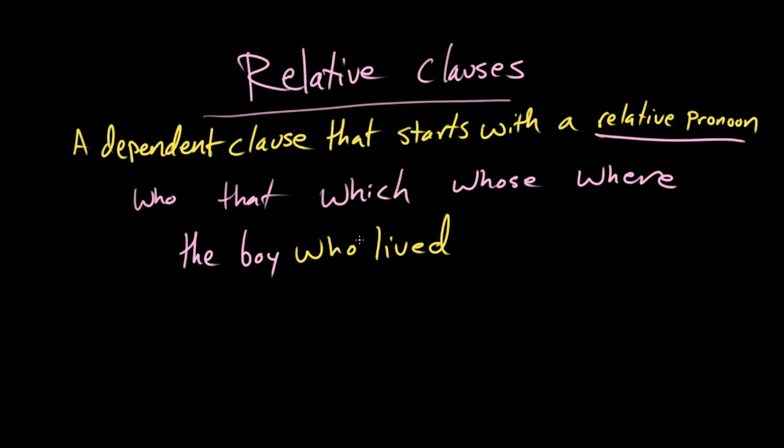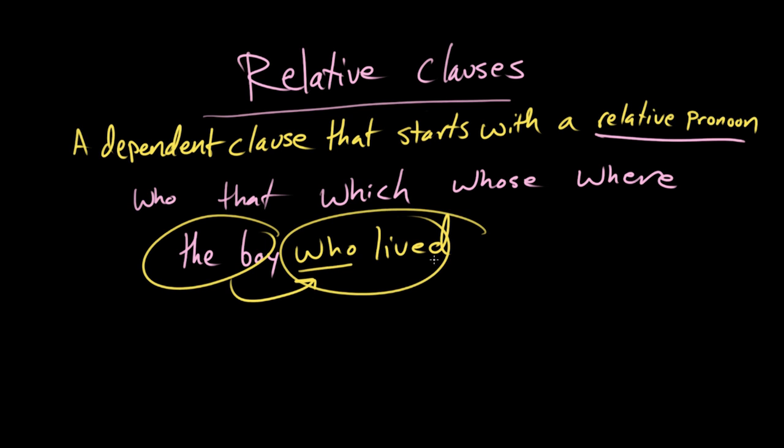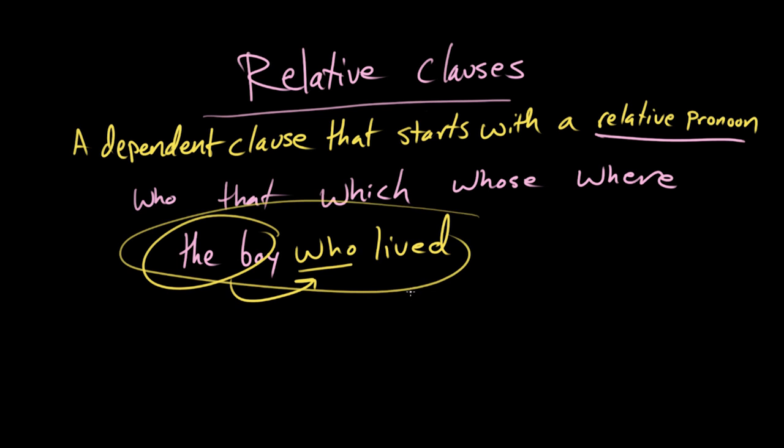Thank you. You can see in this little snippet, who is subbing in for the boy, right? So it is behaving like a pronoun, but a relative pronoun. And so we've got this thing here, who lived. The boy lived on its own could be a sentence, but who lived cannot be. Who lived is describing the boy. So right now, all of this together is just a noun phrase, but who lived within this noun phrase is